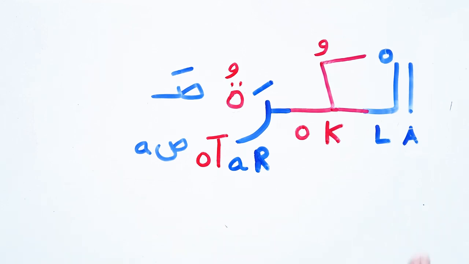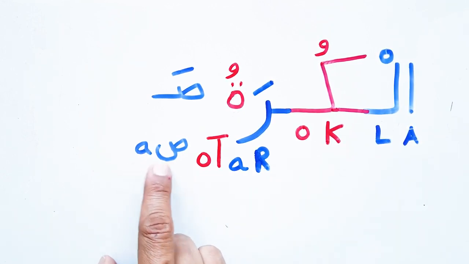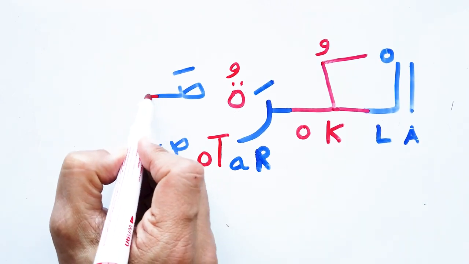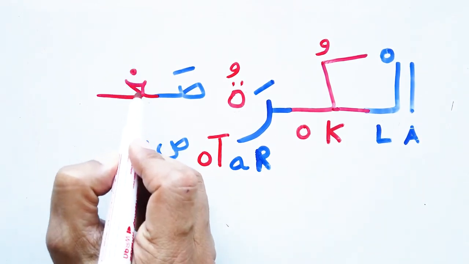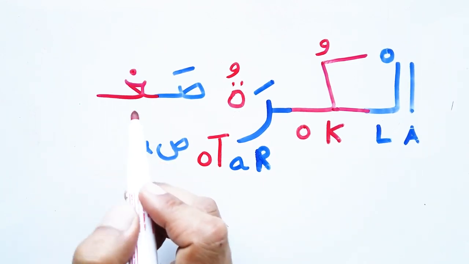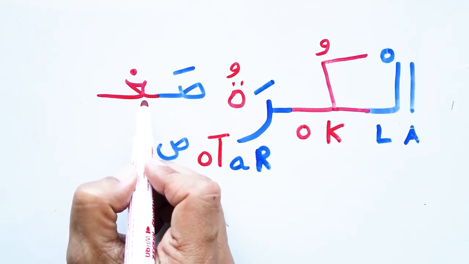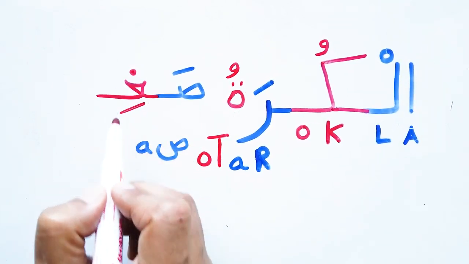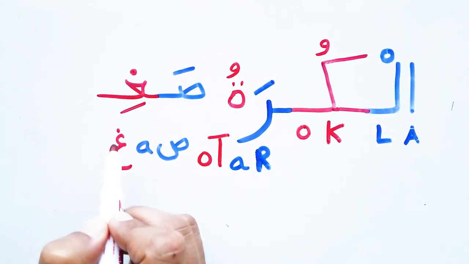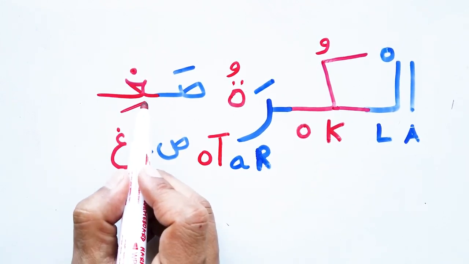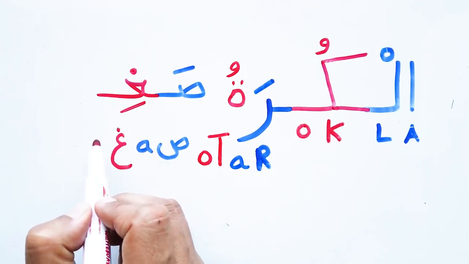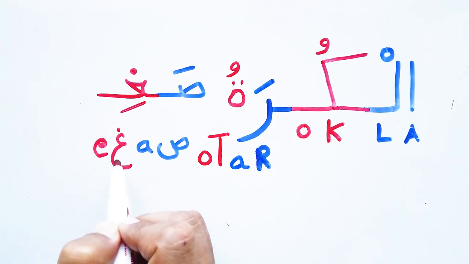Again, الكرة, saw. It's another word. Saw, غي. The sound does not exist in English. And I say what? The sound of E. So this letter out of the word is like this. It sounds like R in French. And I say ri. So let's add here E or I. Ri.